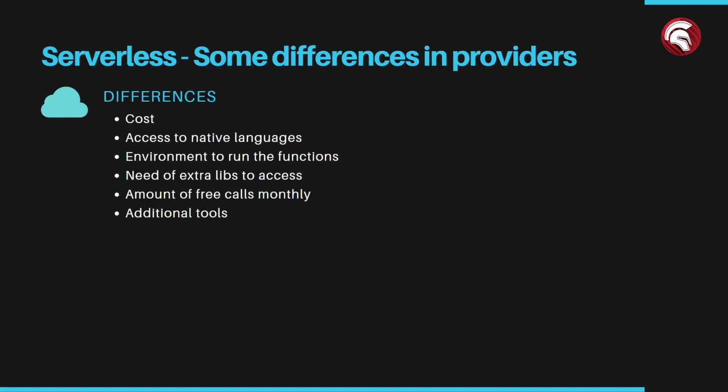Need of extra libs to access some things, so maybe you have to add other libraries from the cloud provider to have access to some resources, right? The amount of calls monthly can change with each cloud provider, and many of the additional tools, region control, and limit of functions, maybe these resources can change across the different cloud providers. Okay,